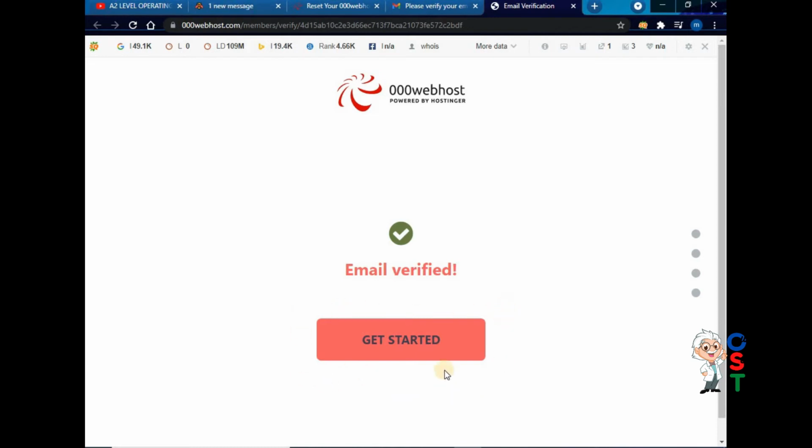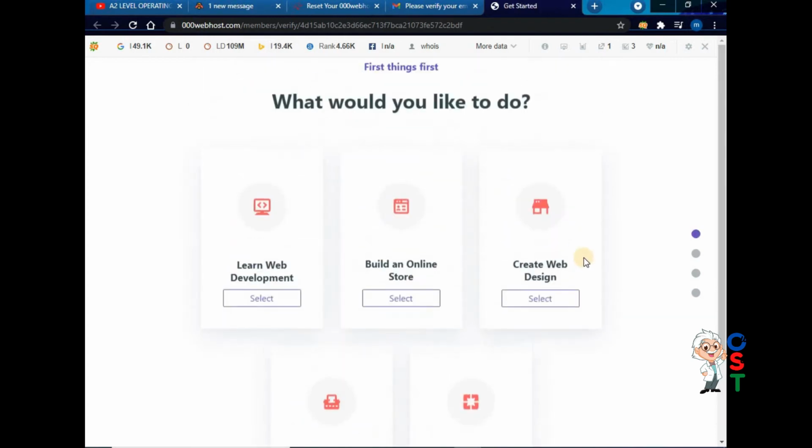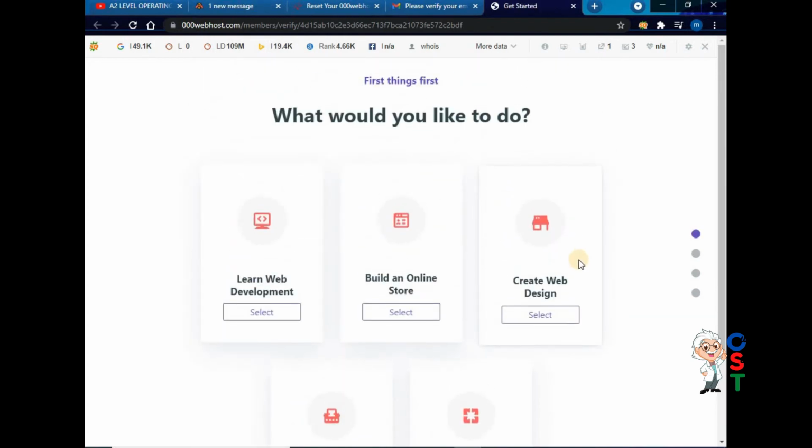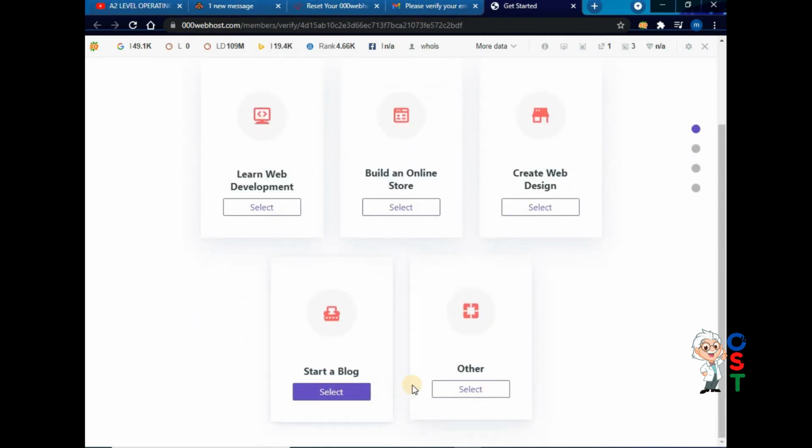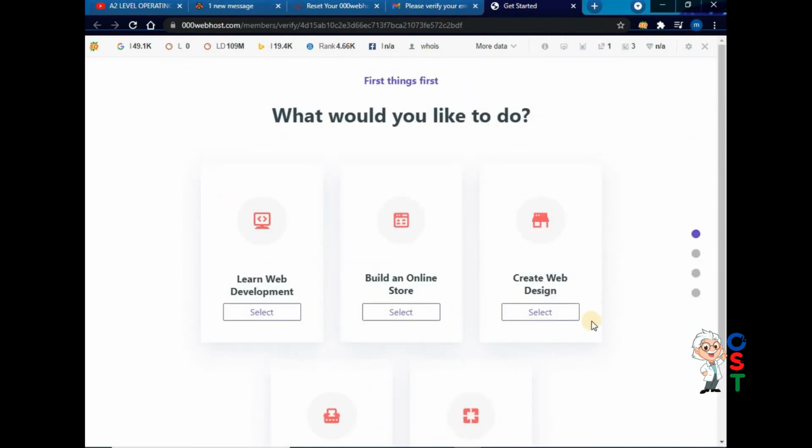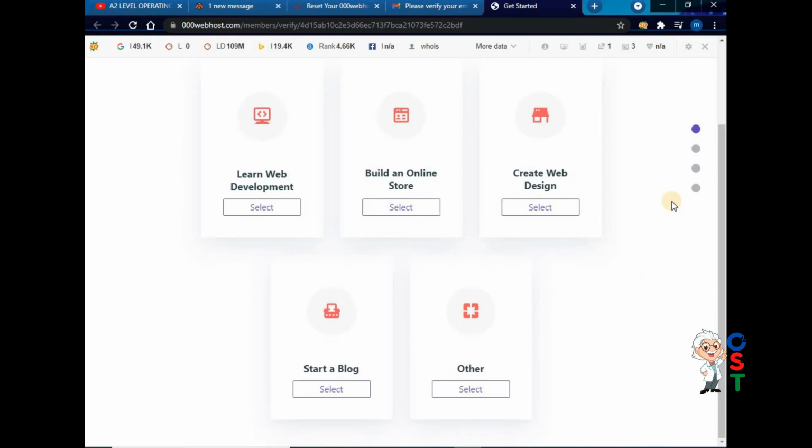Now it is asking to get started. When I clicked on get started, I have this screen: learn web development, build an online store, create web design, start a blog. Okay, so many options here.